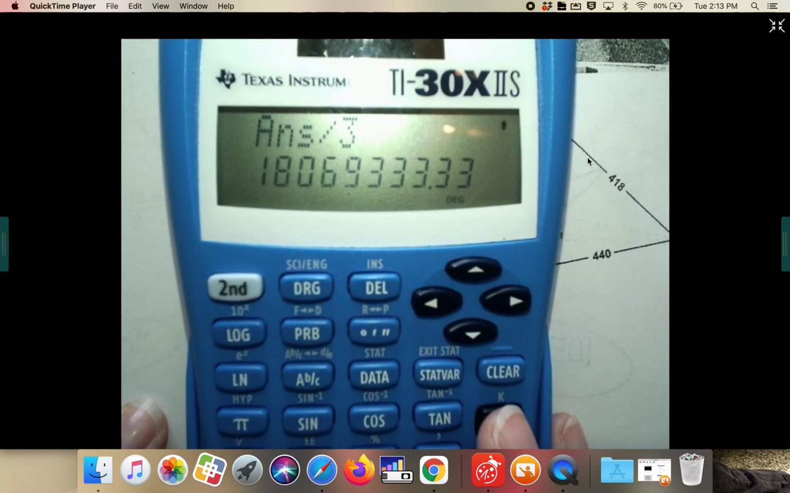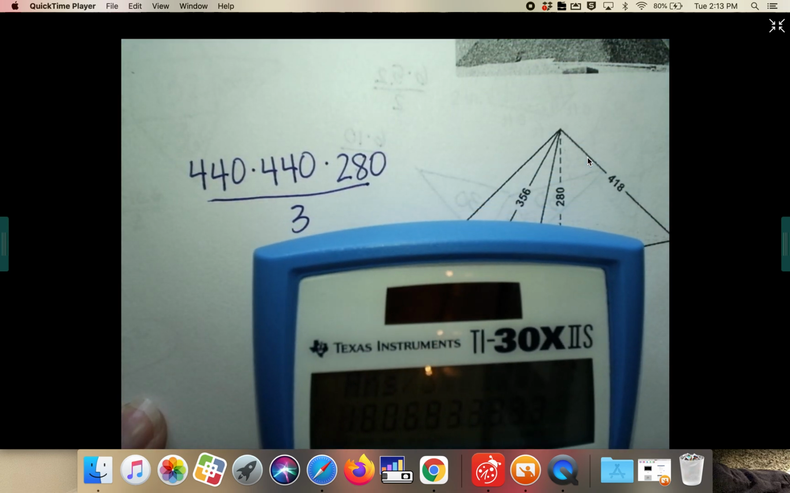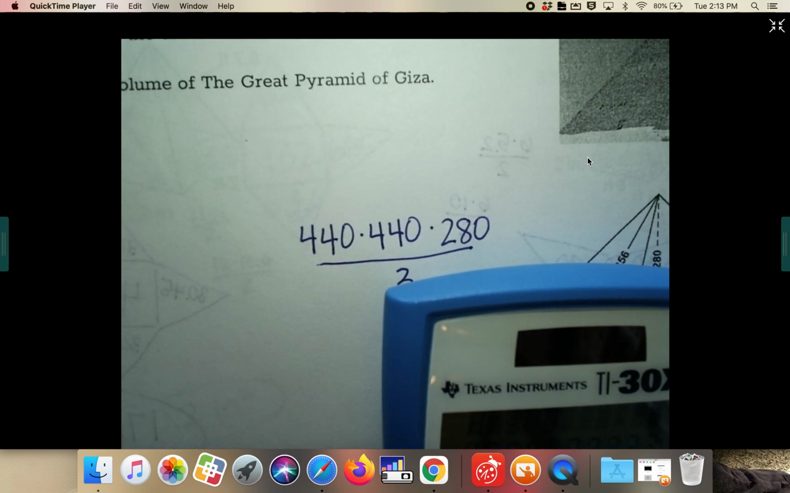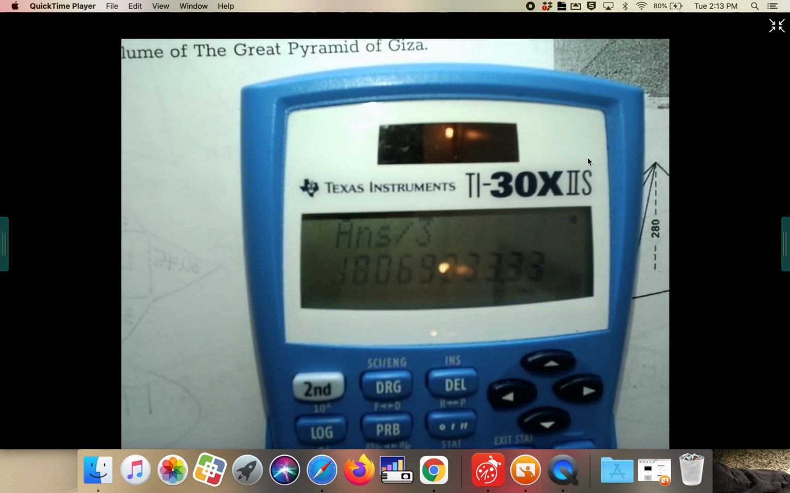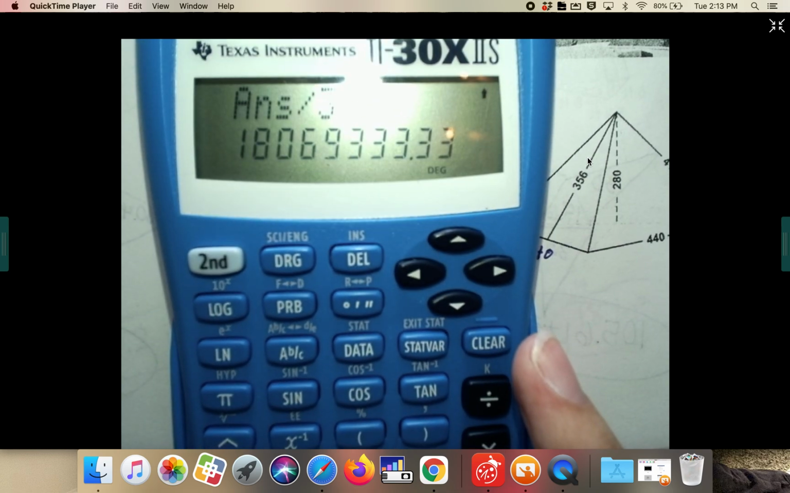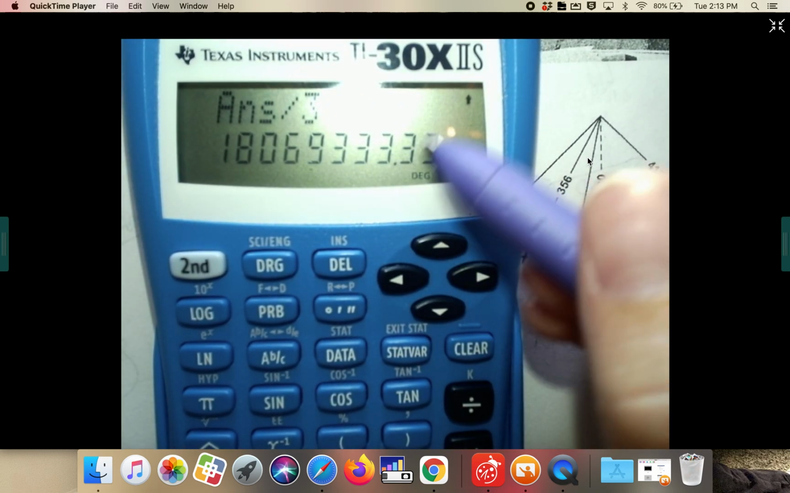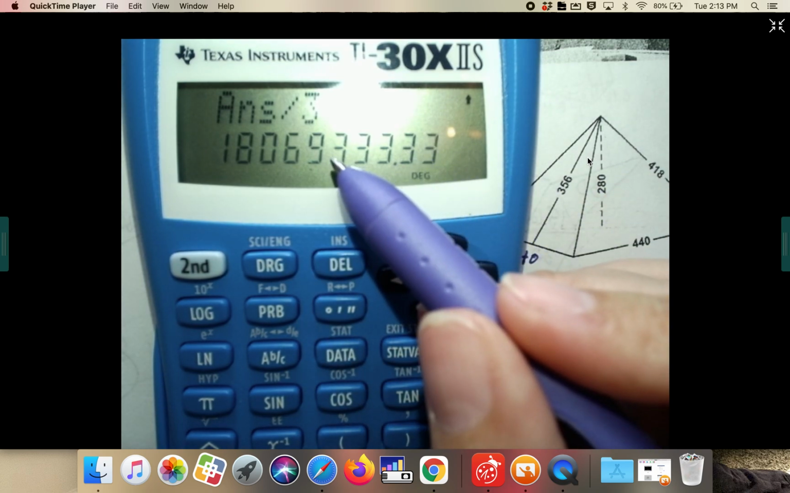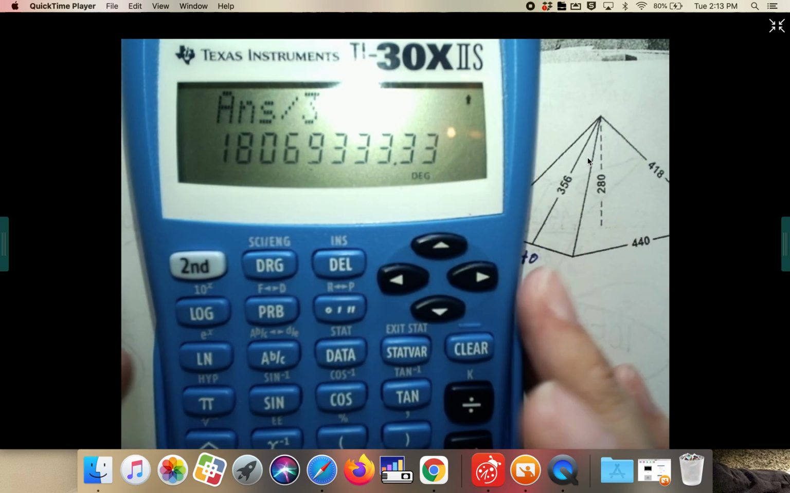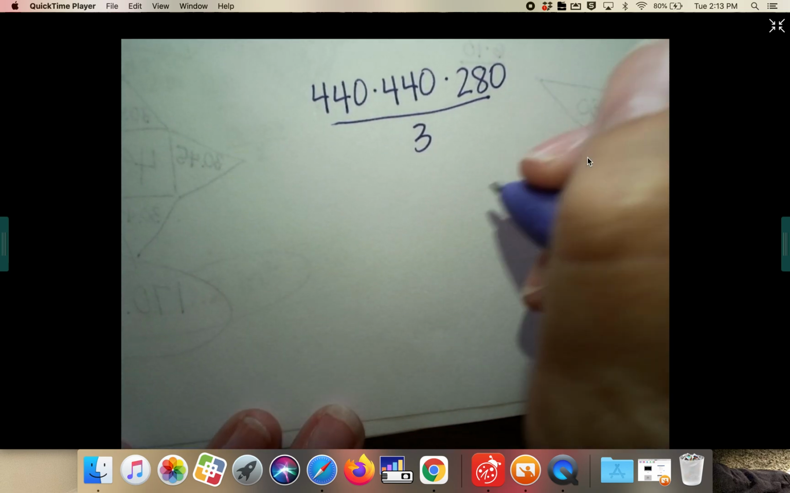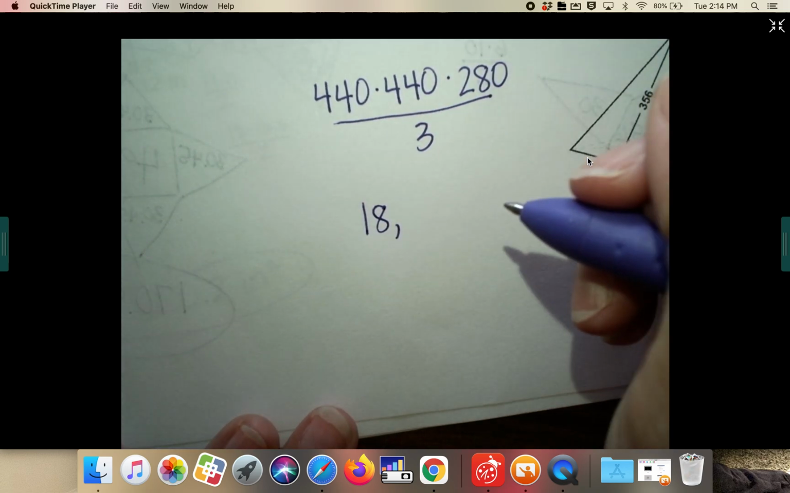So it is really, really big. It doesn't say round to the nearest anything, so I am going to have you guys just round to the nearest, let's just say whole number. So we're not going to do the 0.33 at the end. So this is just going to be 18 million. Okay, so let's put this down here. 18 million